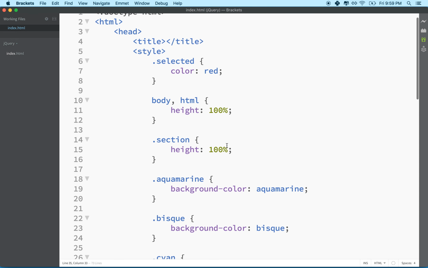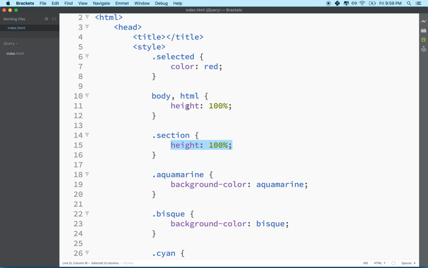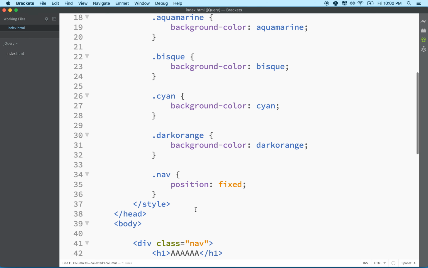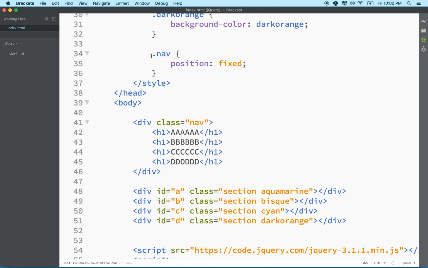Not too complicated, right? Height 100% for a section, but it requires that we set the body and HTML to height 100%. And then we just made some colors here for these background things, and then we gave the navigation thing